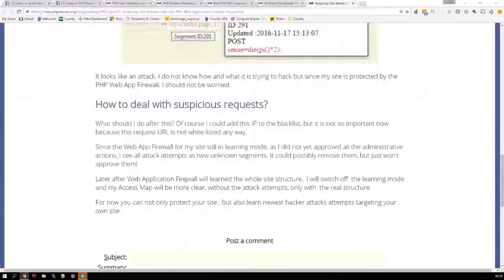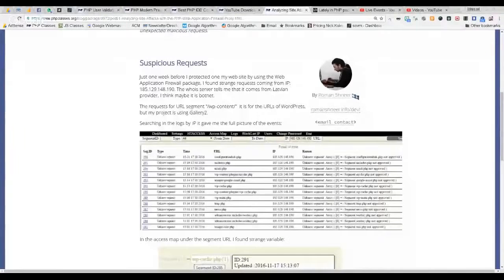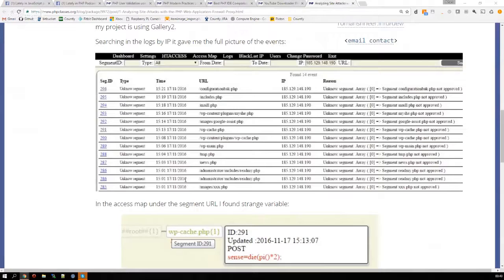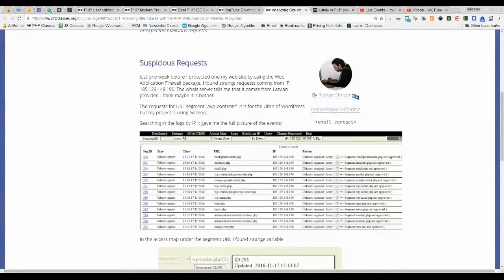Let me share that. It shows that there are many requests apparently for WordPress. So it seems that it was possibly an attempt to attack a WordPress site, because it accesses many URLs typically of